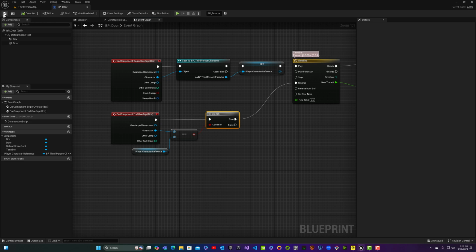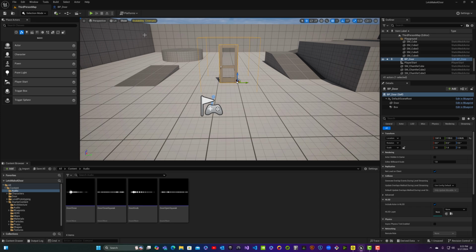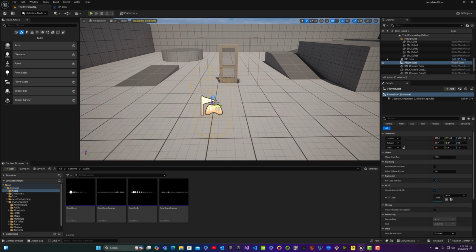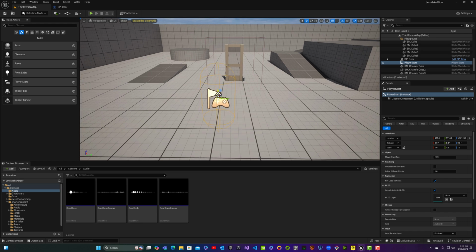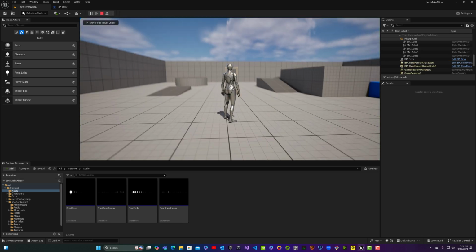And let's see how things are going right now. I hope I haven't overlooked anything, and we'll find out, okay? So my player start is right here. It doesn't look like I'm overlapping, but I'll get a little bit farther away. Oops, I'm grabbing the wrong gizmo tool. Okay, so now I'm sure I'm not overlapping, but if I go into play,